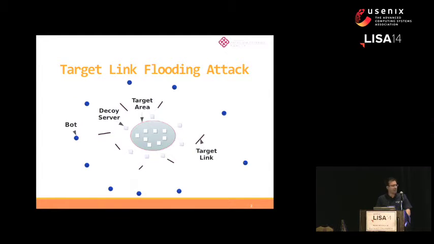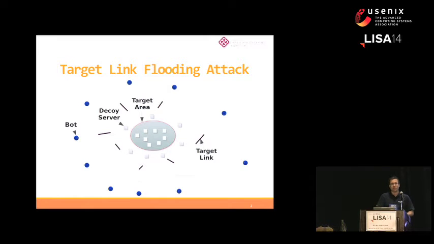A link flooding attack is when an attacker uses a set of bots around a particular target area, and they try to flood not the actual systems, like in a traditional denial of service attack, but instead send traffic tangentially to the attacked systems to flood the links between the customers and the clients they're trying to access. So rather than actually DDoSing the machines, they DDoS the links around those machines and prevent